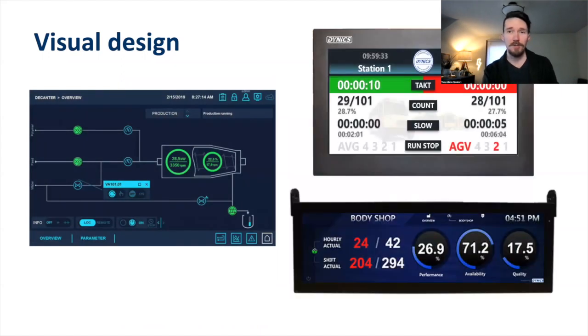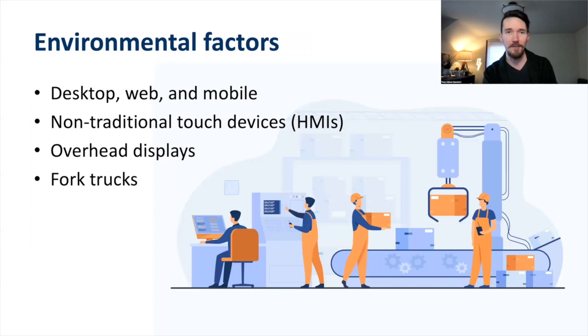Some companies are starting to put a focus on design, which is great. The two on the right here are a couple of screens that I helped build while I was at Dynex. May not be the most modern or cool looking things ever, but people are definitely making traction in the design space in the industry. So in factory environments, not only do you have desktop and mobile devices,